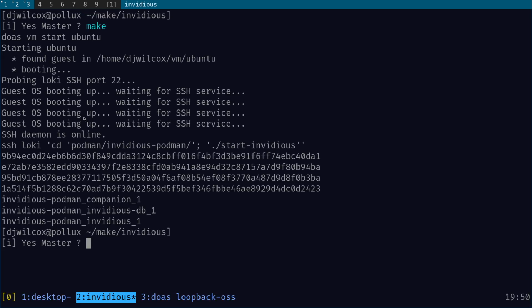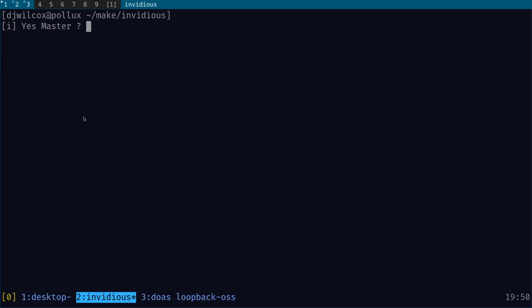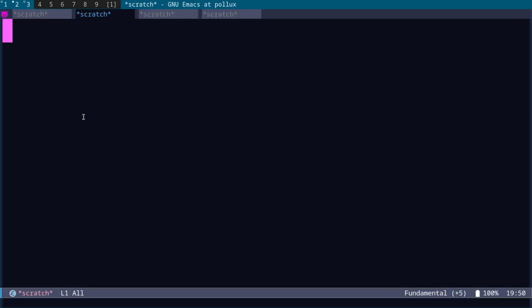container. And again, when we want to stop it, we just run make clean. And what it will then do is it will do the reverse. It will SSH in, bring down the Podman container and stop the VM. So what we're going to do now is take you through some of the additional setup I showed you, where